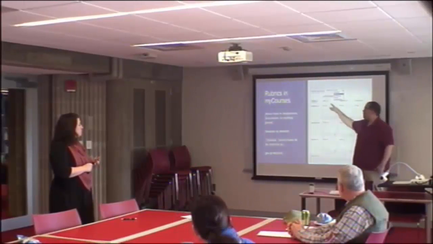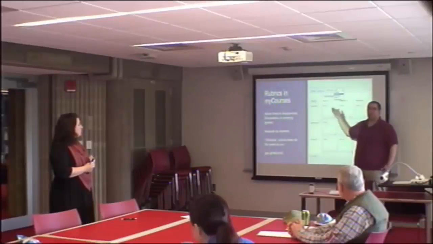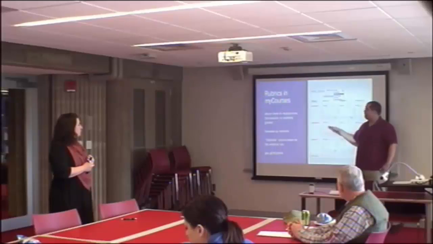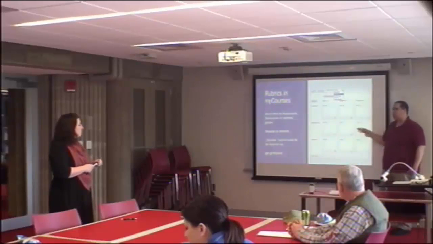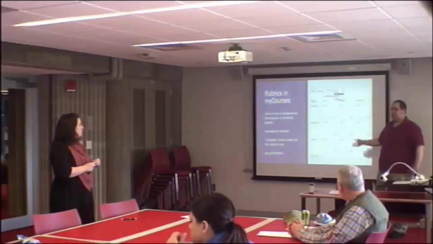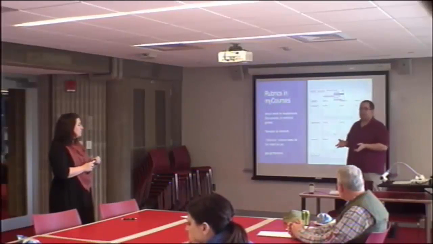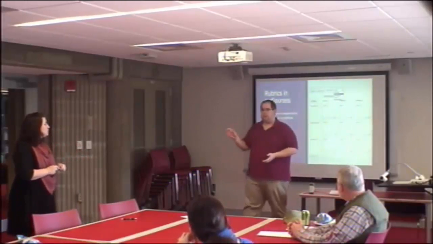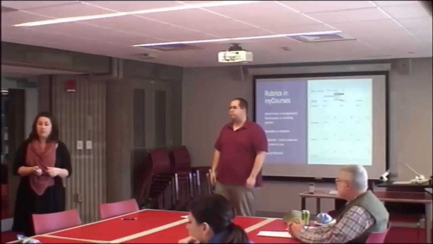So you say, okay, I don't want it to say novice, I want it to say something else, and I want to change organization to proper citations, and then you fill in your criteria and your points the same way you would in the table, but when you hit submit, it becomes a tool you can actually work with and attach to things. And when you go to grade whatever it is in My Courses, there'll be a button to access your rubric. And you don't have to start from scratch.